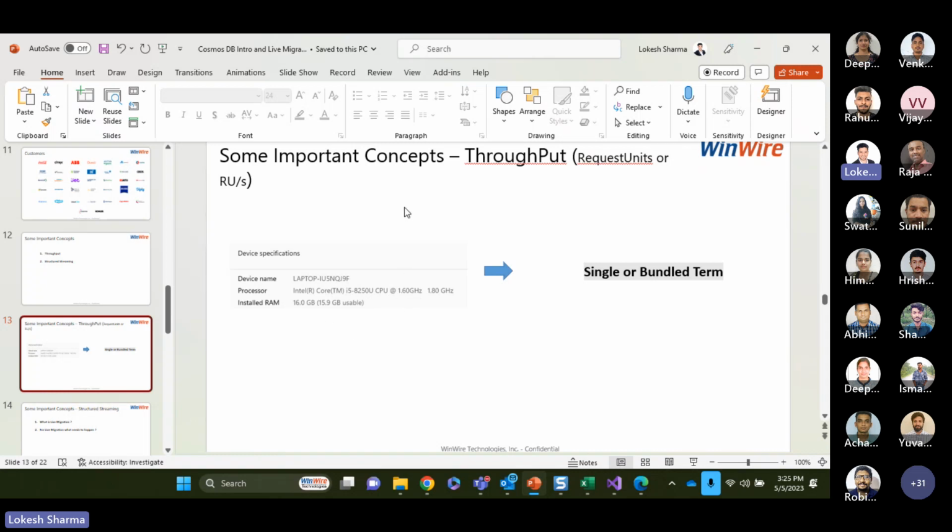So I have two options. Either I'm going to buy a new laptop and say, give me i7 and maybe a 2 gigahertz CPU, give me 30 gigabyte RAM. I'm just taking an arbitrary example. Or I can represent all of these metrics in a single term, and let's say I call that throughput. So I would go to the shop and say I want a laptop with a higher throughput. As you can imagine, throughput is nothing but a bundle term that is used to represent all